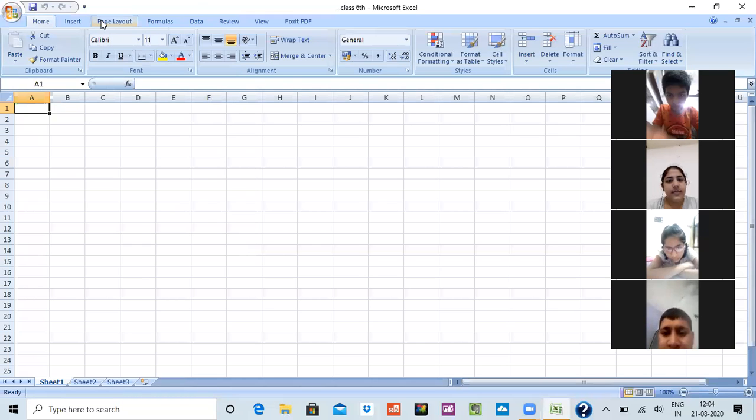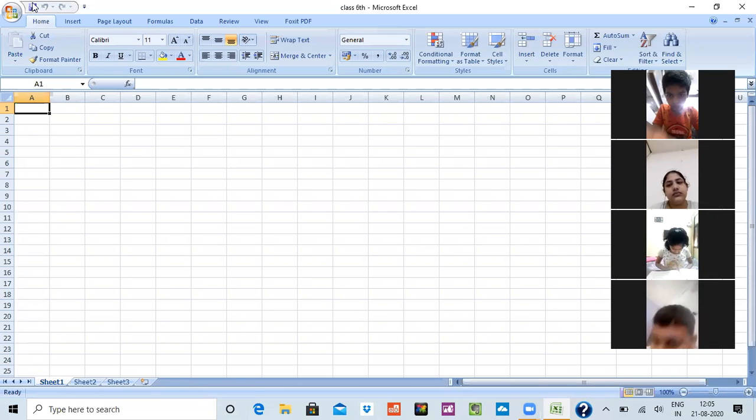Now let's come to the left-hand side. On the left-hand side, I am able to see a few options: the save option, the undo option, and the redo option. These are known as the quick access toolbar. Why is it known as the quick access toolbar? Because once you have saved the file, it is not required to save the file again and again.